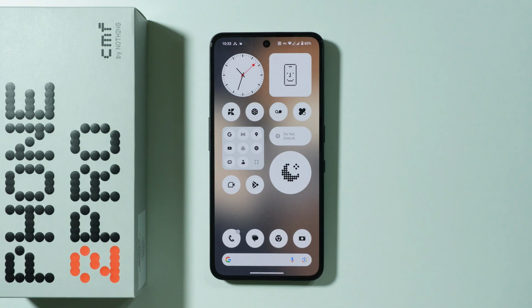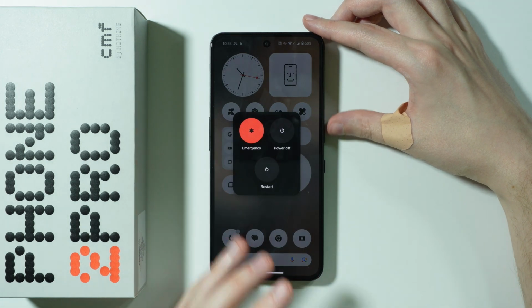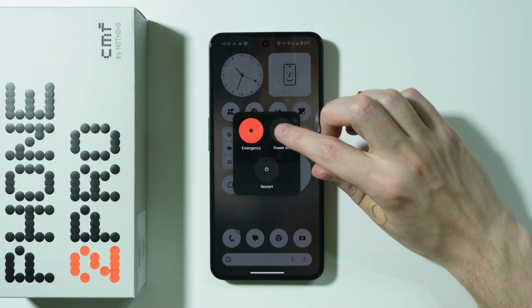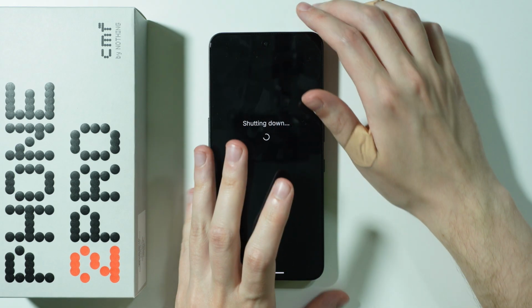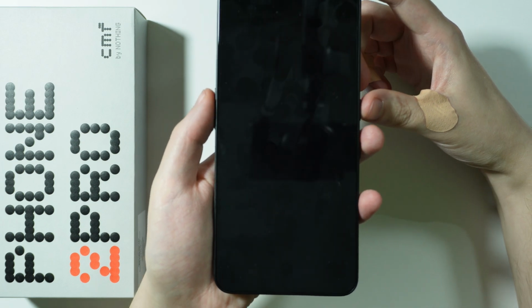If you want to hard reset your CMF Phone 1 Pro by using recovery mode, first of all, we need to turn off our device. So I'm going to press the power button and volume up button at the same time in order to turn it off. Wait for the phone to completely turn off, and once it is completely off, we need to now press